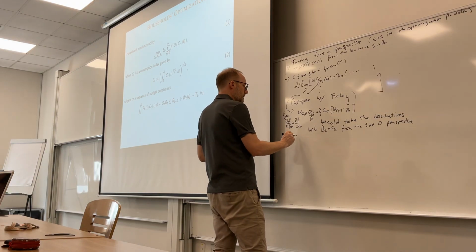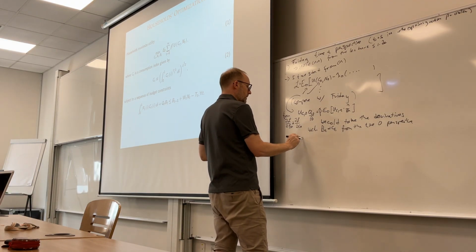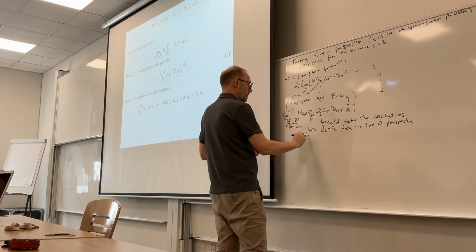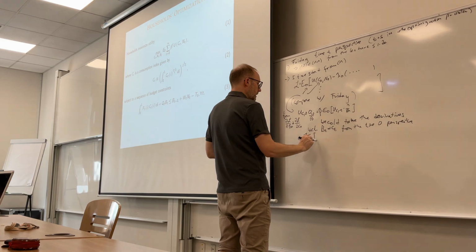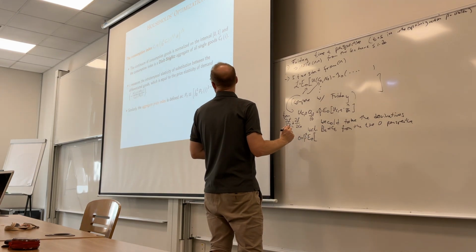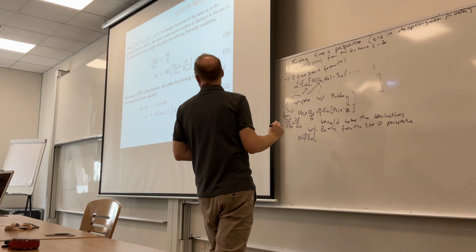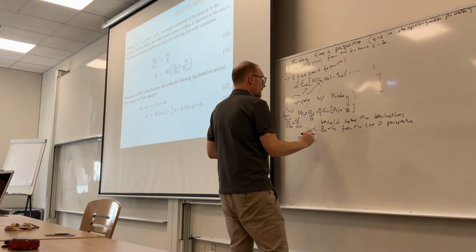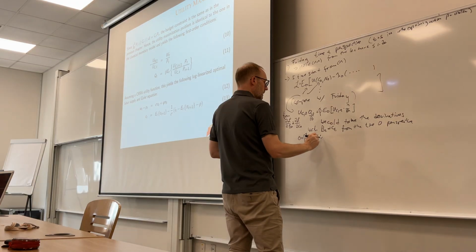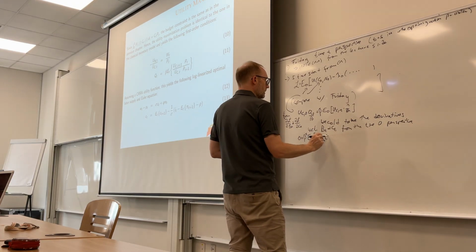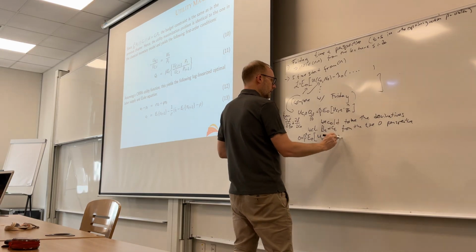All right, and this would give us 0 equals beta t E0 U of CT NT minus